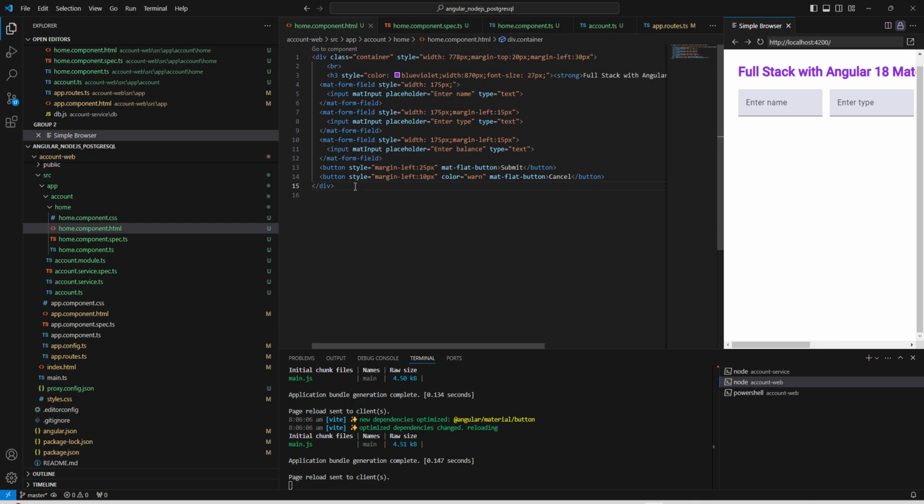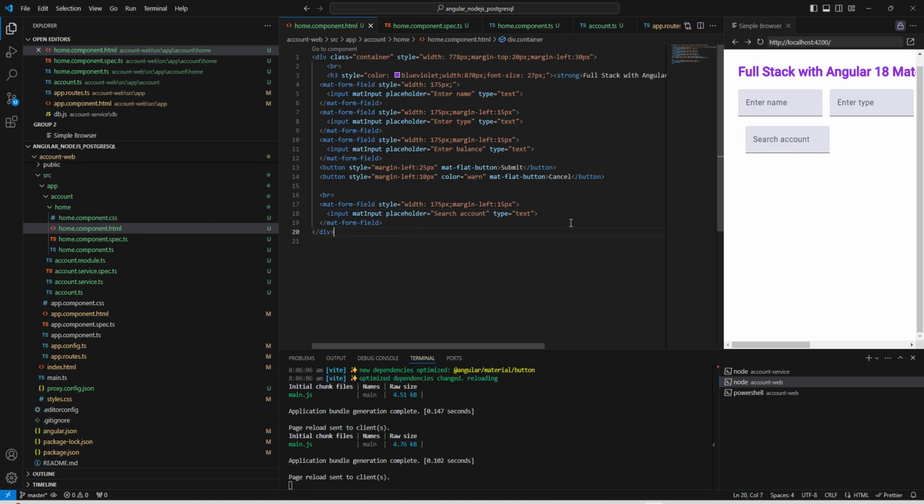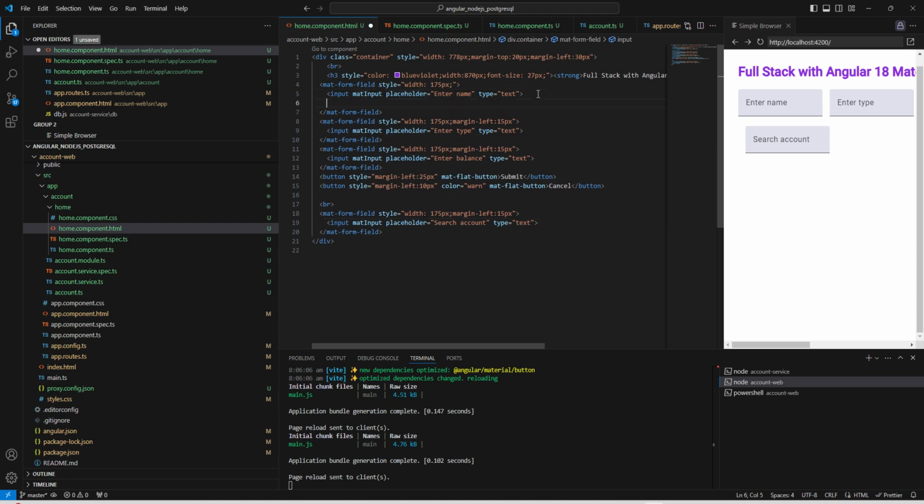Now let us add some search filter as well. Below this we can add one line break. After this we can copy one form field like this one, and here we can mention search account, we can say, fine. And here, one more thing we can do is add one matte icon,